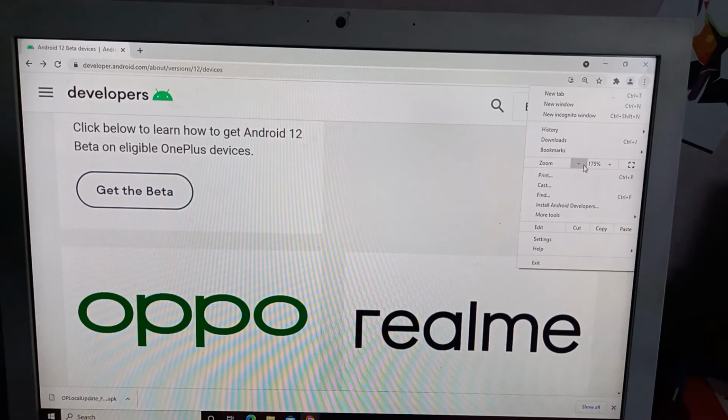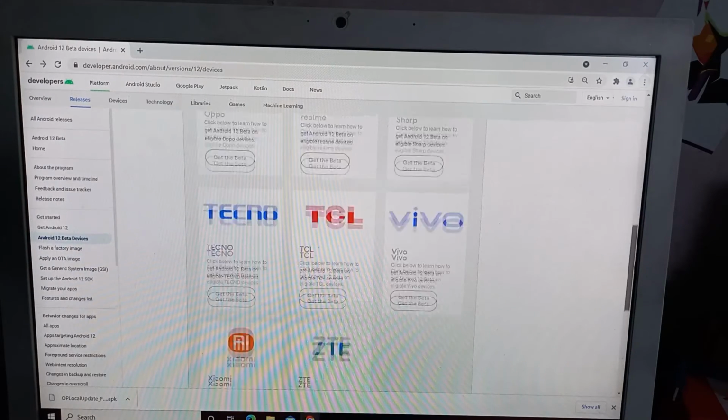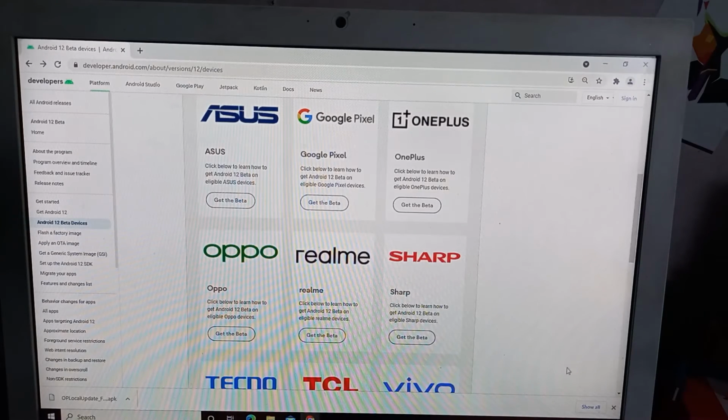So these are the devices: Asus, Google Pixel, OnePlus, Oppo, Realme, Sharp, Tecno, TCL, Vivo. There are many companies which support Android 12. So you can simply download Android 12 from this website. I will give this link in the description, and you can easily download it from there.